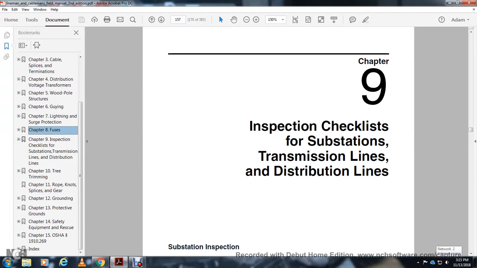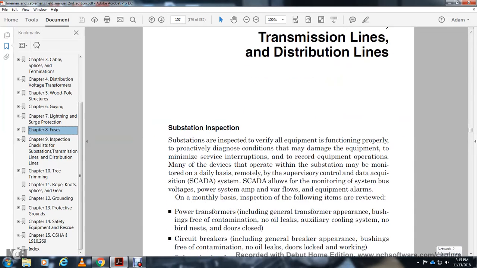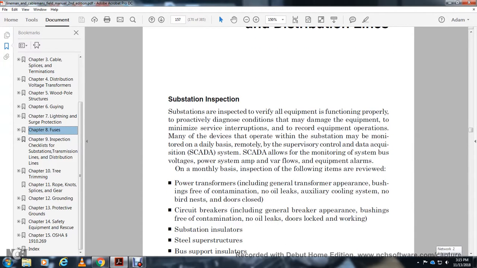Alright, Chapter 9, Inspection. Checklist of the substation, transmission line, distribution line. Substation inspection: verify all the equipment is functioning properly, proactively diagnose conditions that may damage the equipment, minimize service interruption, and record the equipment operation. Monitor the substation daily, remotely, with the supervisory control and data acquisition system. The supervisory control and data acquisition system allows monitoring of the voltage of the power system,